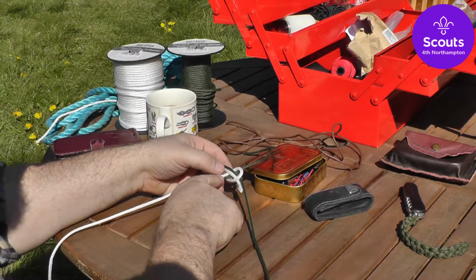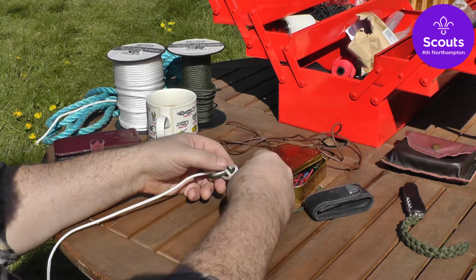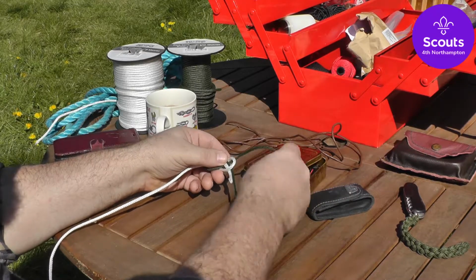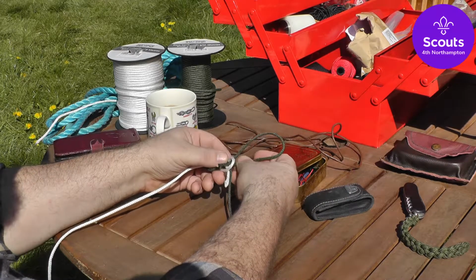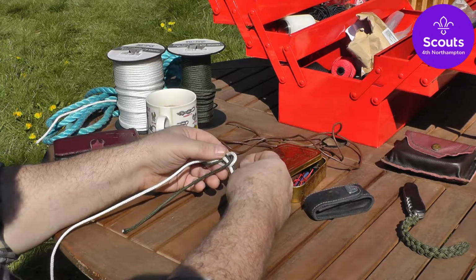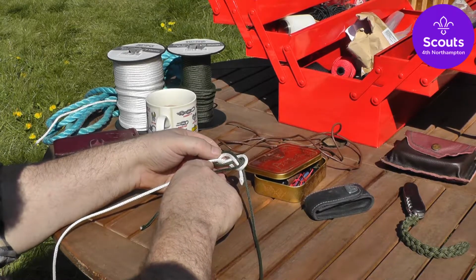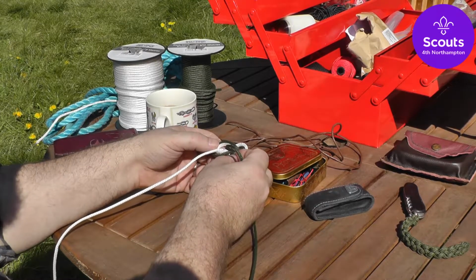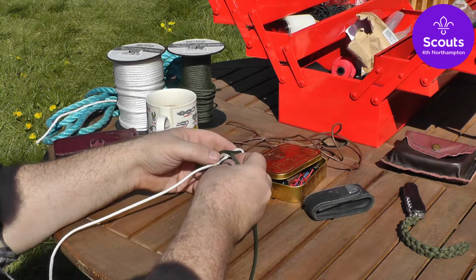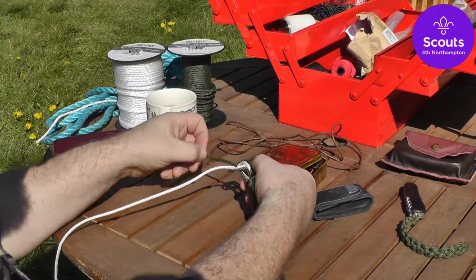Okay, so you can see we've come up under there, and now we need to go inside this loop around there and over the top. So we're going to poke that through there, and we're going inside that loop there, and then finally it goes underneath here and out there, and that's exactly what we're going to do. So underneath there and out through there. So off that goes,